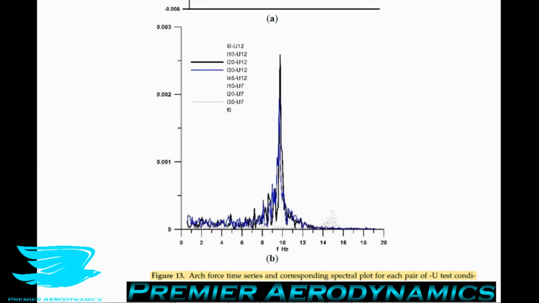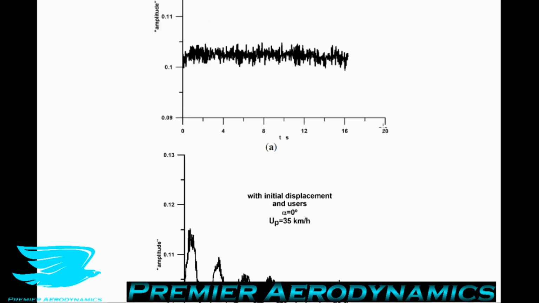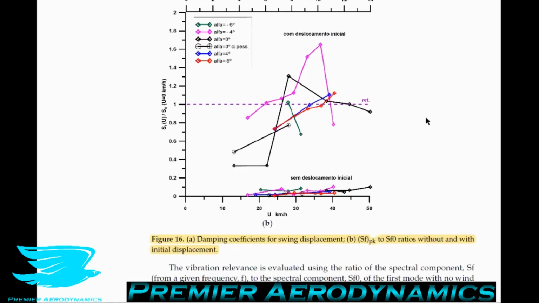And I'm guessing that's probably due to the bridge having so many little wires in it, so perhaps the Strouhal number is not as crisp as for a regular cylinder, and there's some corruption there. But we can see that the vortex shedding is bang on 10 hertz. So let's move on to figure 16, which shows the damping coefficients